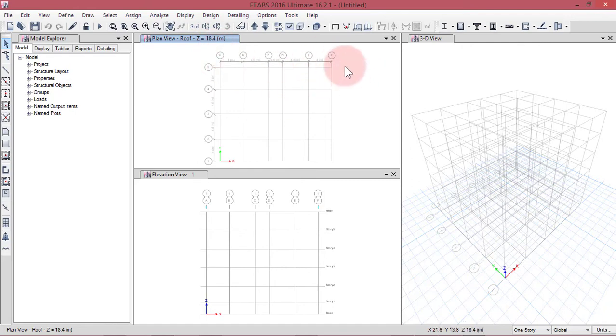Suppose you want to see it at story 5 or story 4 level, then you select this area so that this window will be activated. You can see it in the blue color, then you click on this down arrow. Now you are in the lower level, 15.05 meters. Like that you can go to the further lower stories 4, 3, 2, 1, and now we are at the base level. You can see the elevation here.